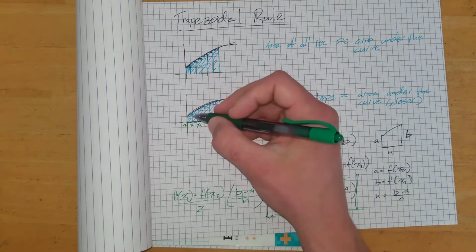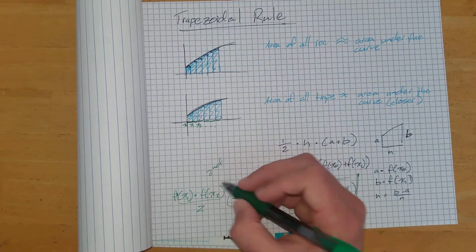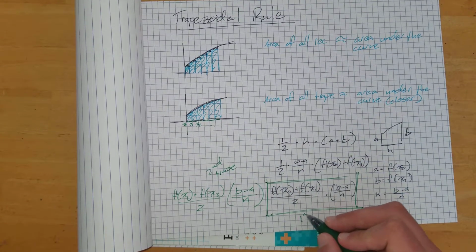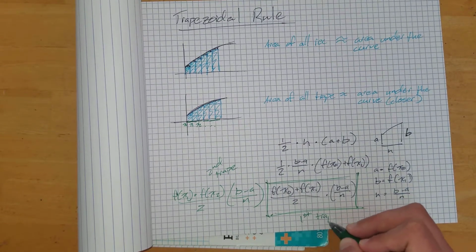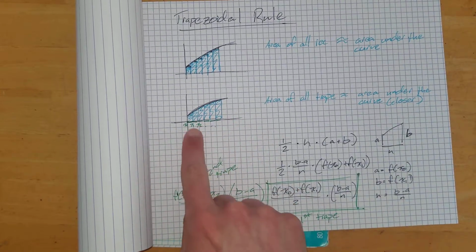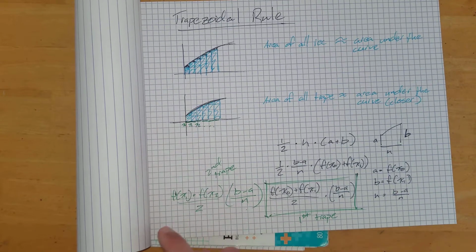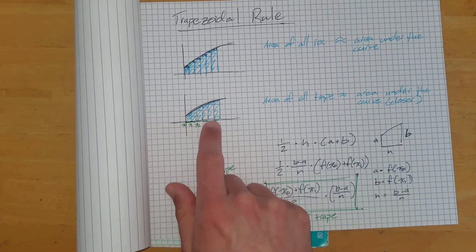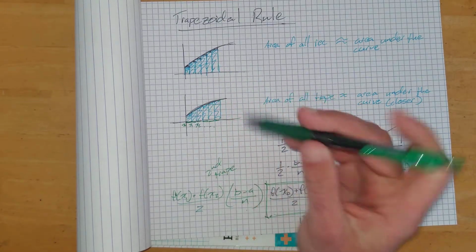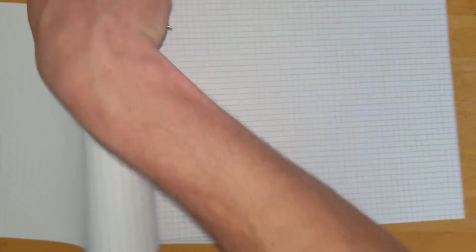And so this is the area of our second trapezoid. This is the area of our first trapezoid. And so in order to find the area of all of this, we're going to add the first trapezoidal area, the second, the third, the fourth, the fifth, the sixth. We're going to add all of these together just like we did with our rectangles here. And so the way we can do that,